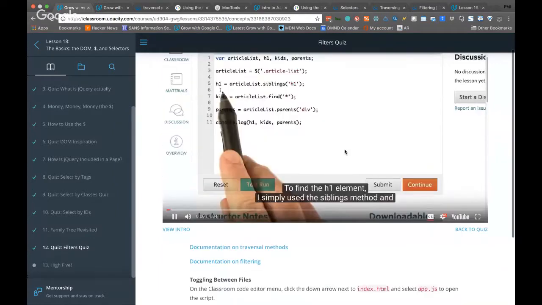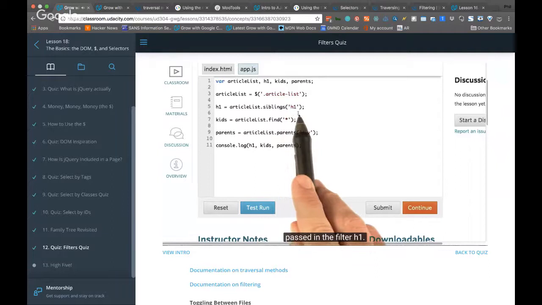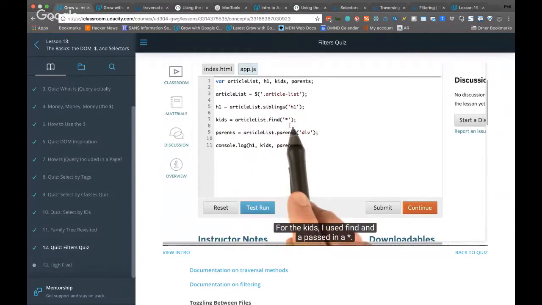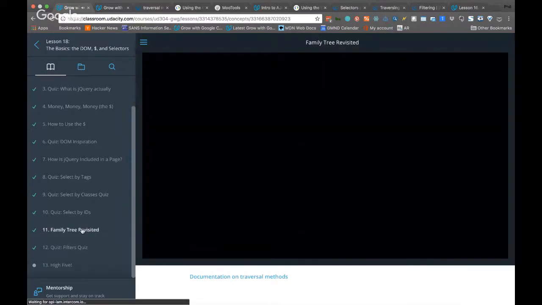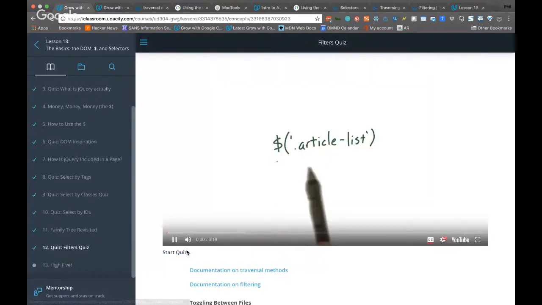To find the h1 element, I simply use the siblings method and passed in the filter h1. For the kids, I used find and I passed in a star. I'll come back to this in a second. And then for the parents,